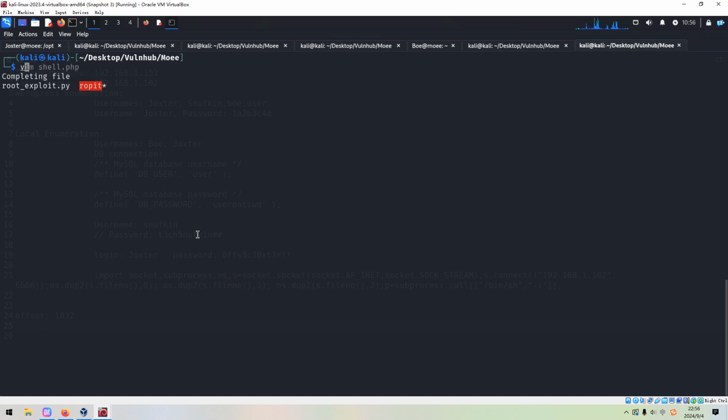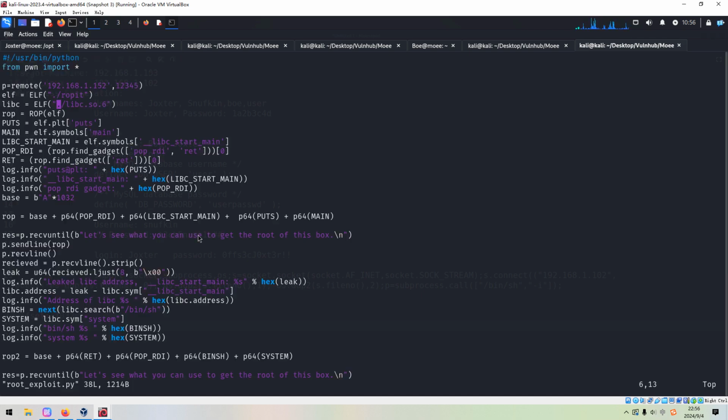So I've already got a pair. We can use vim to edit this exploit. Of course, to use this module, we need to install the pwn module, and of course we need to change the IP address, and also this port number will be set up by socat.